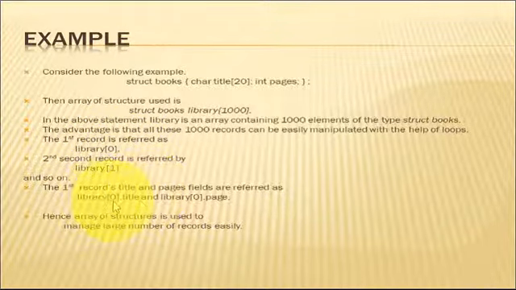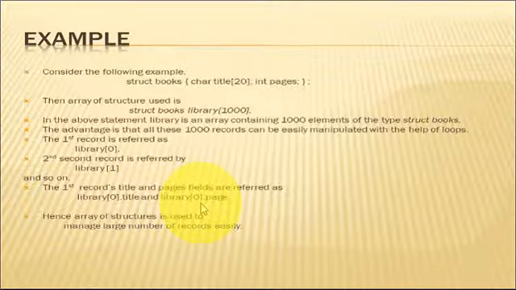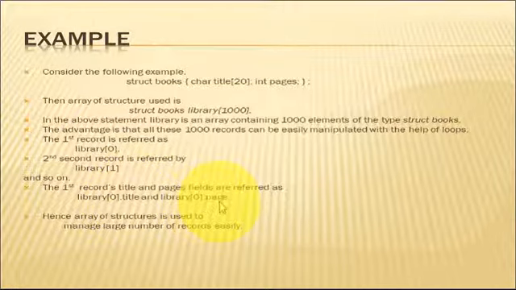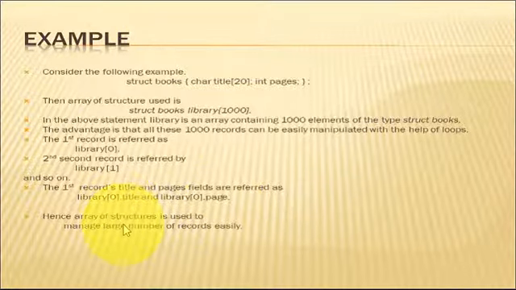For example, library[0].title and library[0].page will access the first record's title and page. Likewise for the second record, library[1].title, then library[1].page. For the next, library[2].title, then library[2].page.